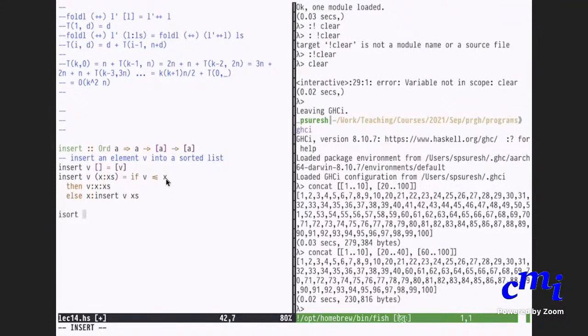Now, once you have insertion, how do you do insertion sort? Again, this will be Ord a, provided a is an orderable type; you take an input list and produce an output list. Some cases are simple: isort of the empty list is the empty list. What about isort of x : xs? Remember that you have to do recursion in Haskell. So what do you recurse on, and after doing the recursive call, what do you do?